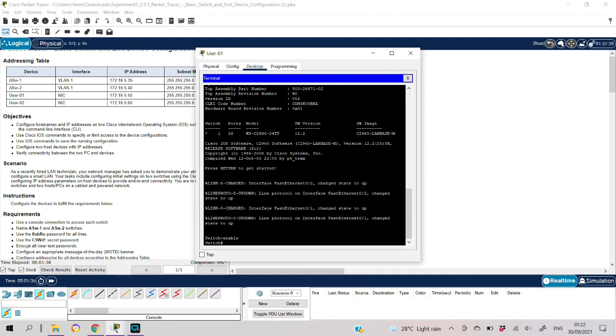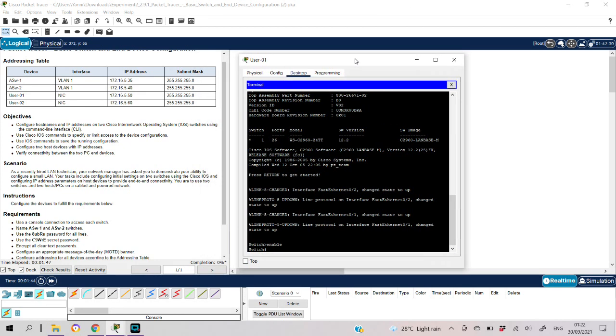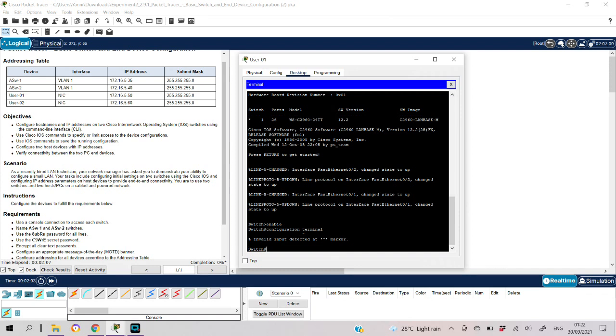To edit the name of the switch, we should change its host name. So for that, we will go to global configuration mode by typing configure terminal, or let's just type config t for short,